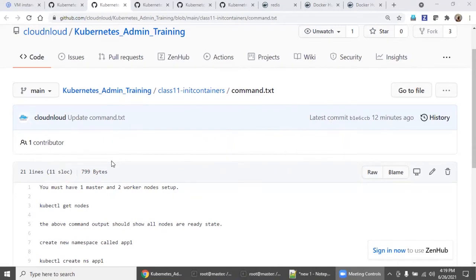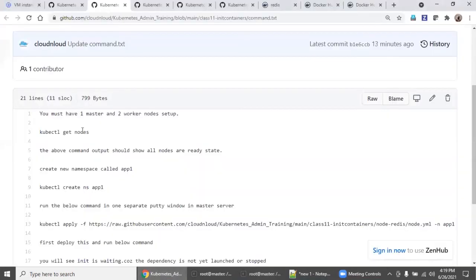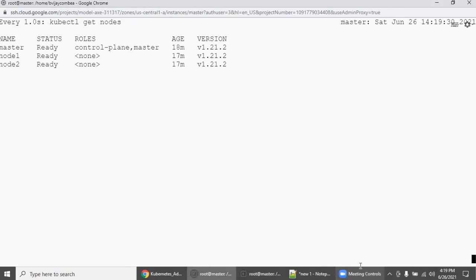Let's go inside. First we will go with the master. Open the master in two PuTTY windows, if you are using PuTTY or MobaXterm or any client utility. I need you to open the master in two windows, right? Go here and put watch -n1 and this. We have the same one master node, two worker nodes concept, all in ready state. So it's good to go.